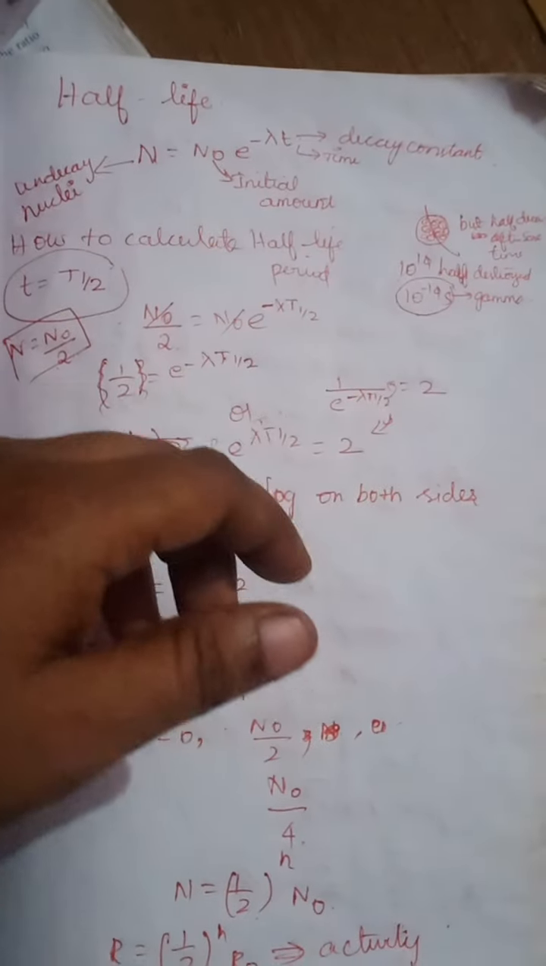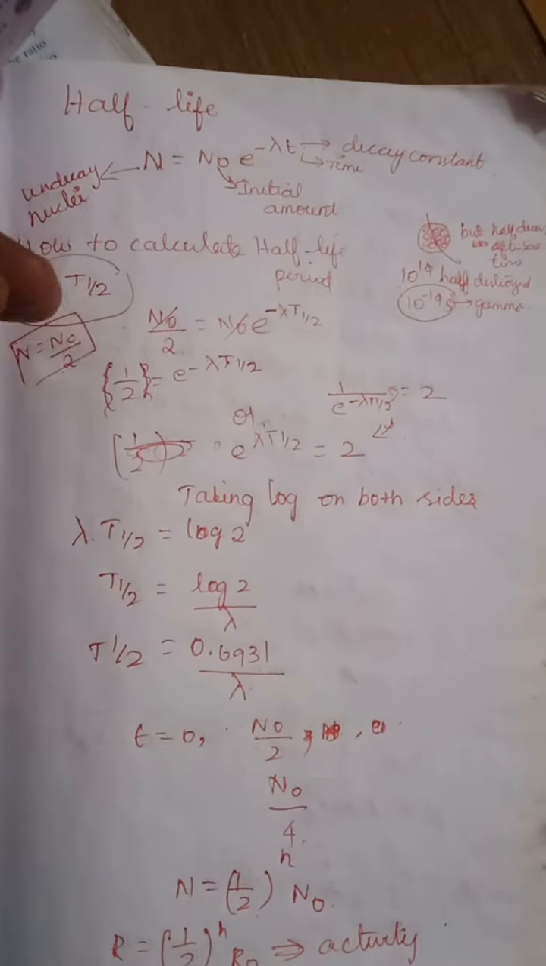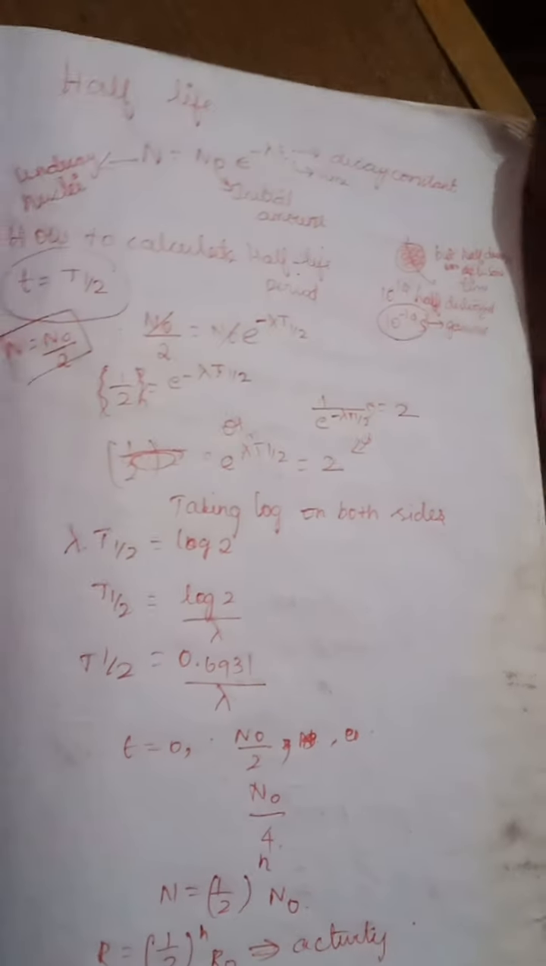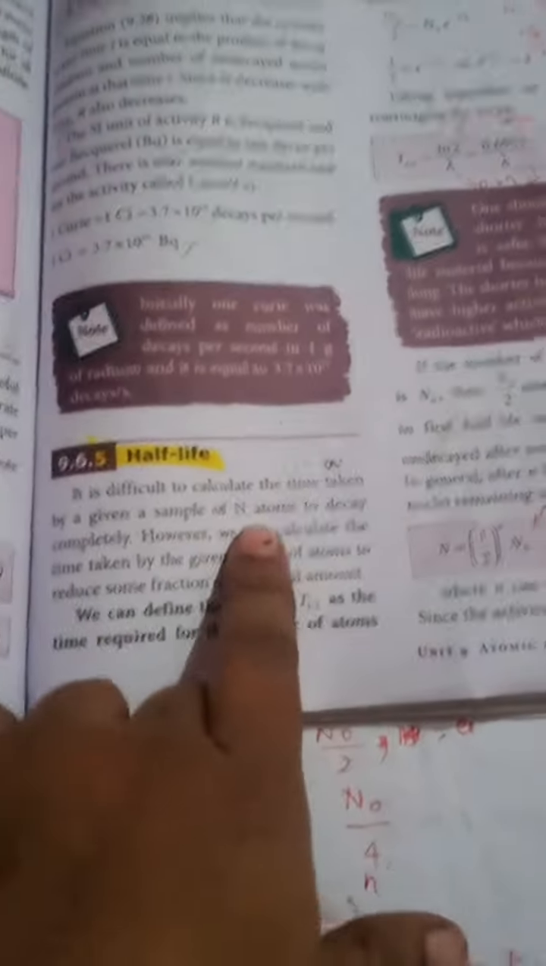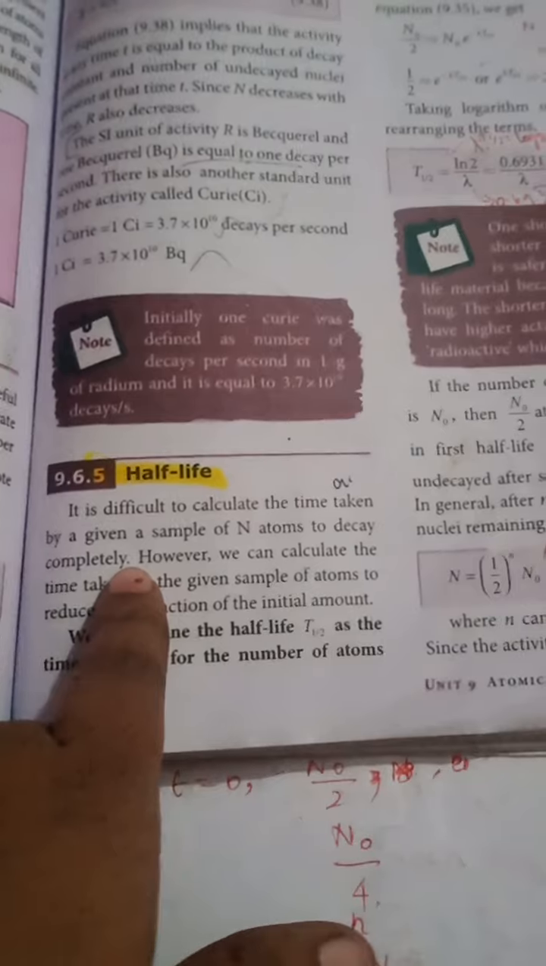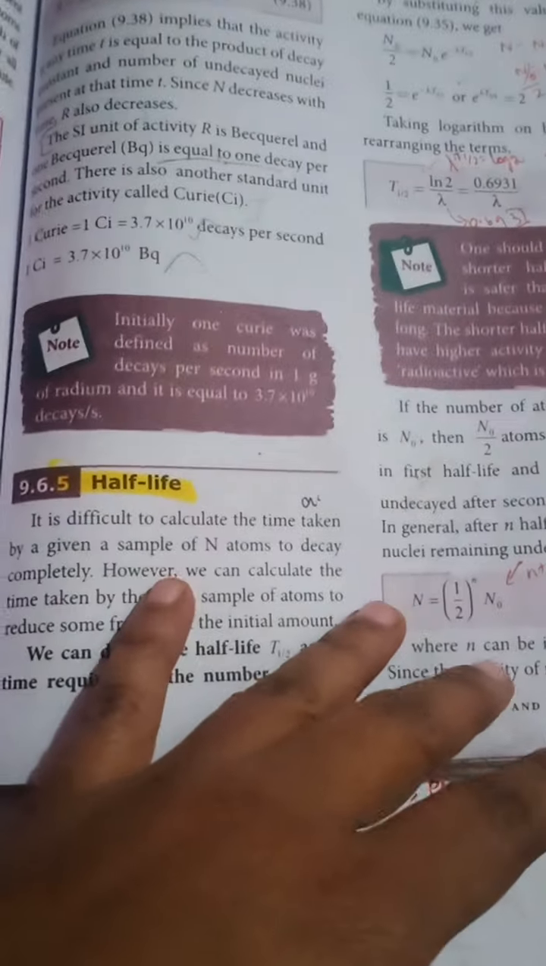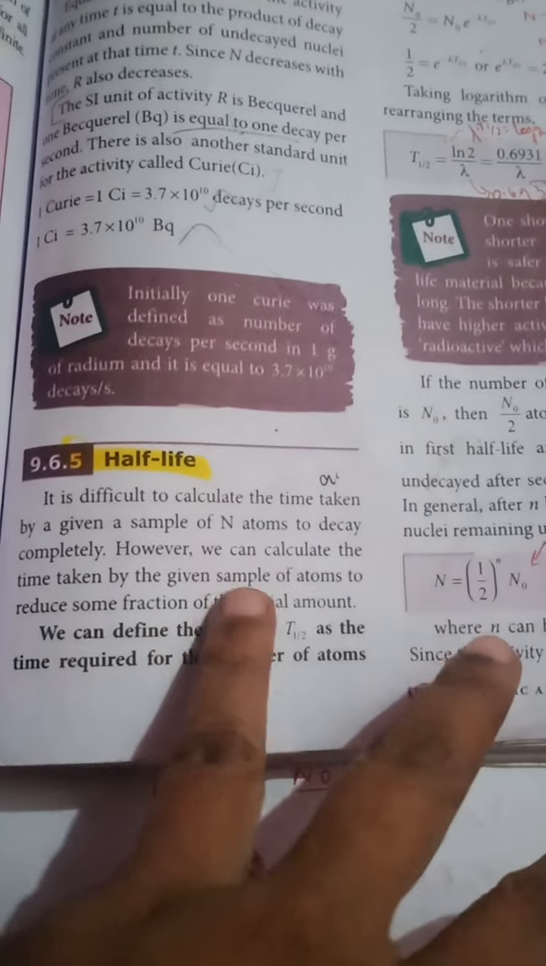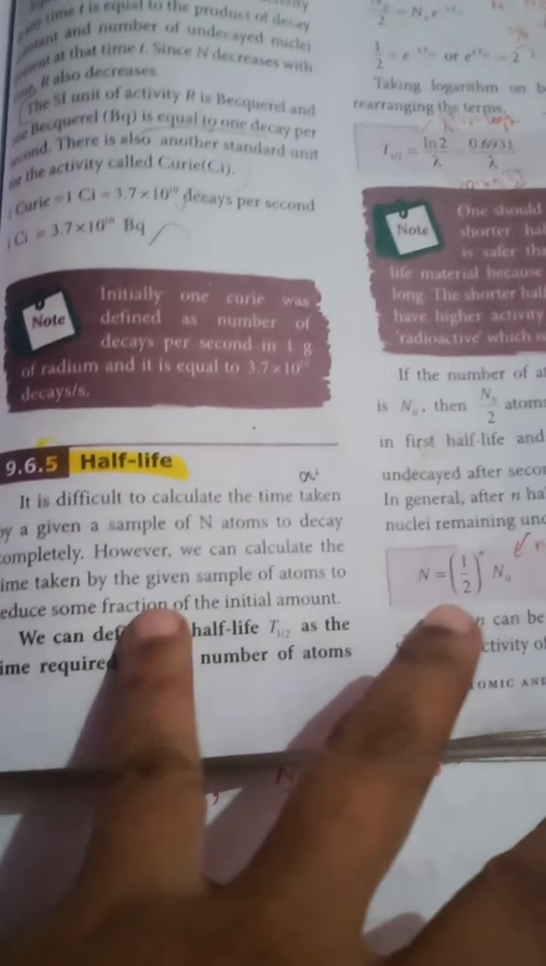The topic is half-life. It is difficult to calculate the time taken by a given sample of N atoms to decay completely. To calculate the decayed number of atoms is very difficult. However, we can calculate the time taken by the given sample of atoms to reduce to some fraction of the